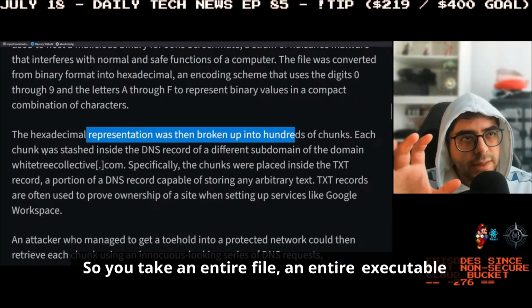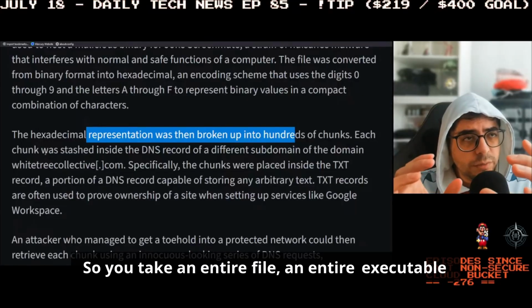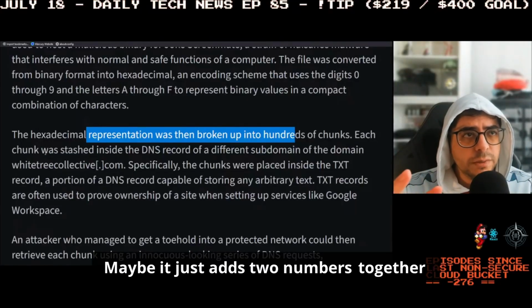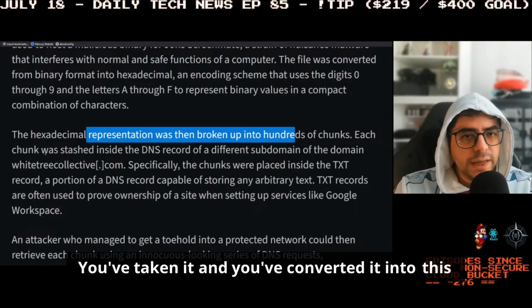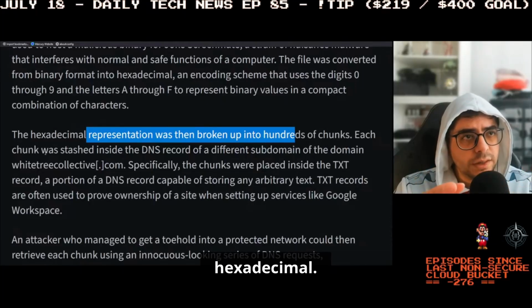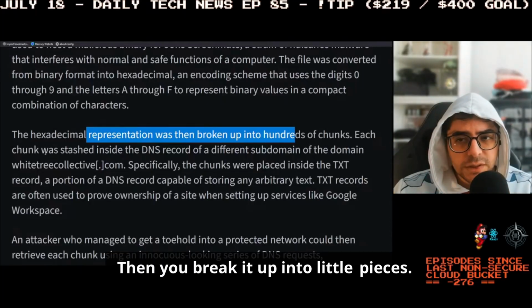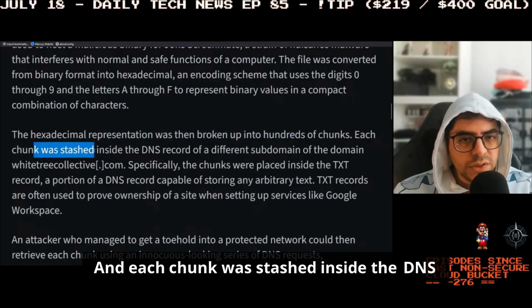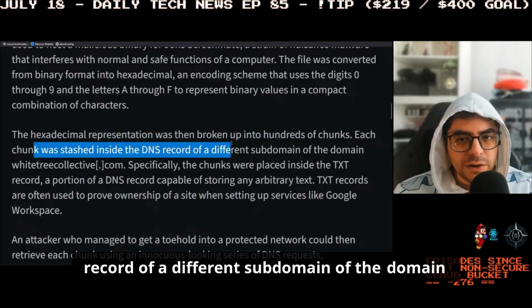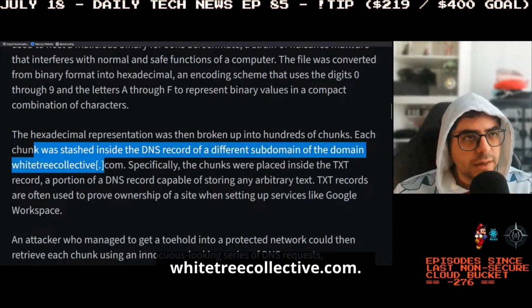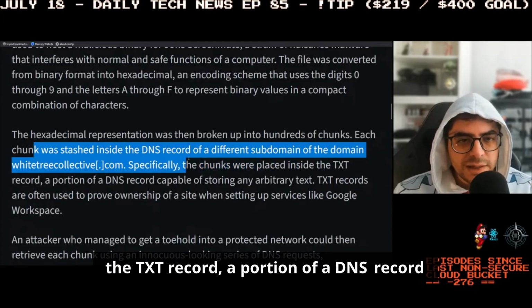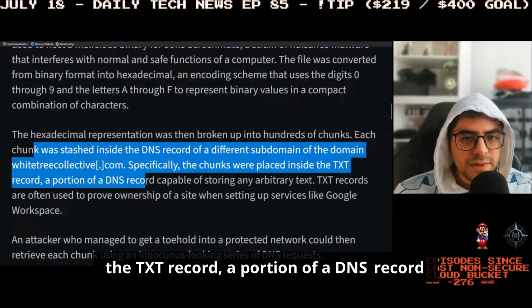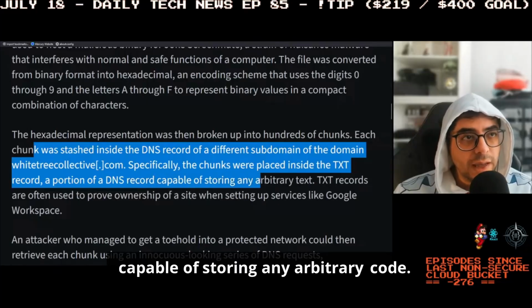So you take an entire file, an entire executable that's meant to do anything. Maybe it just adds two numbers together and gives you the outcome, whatever it is. You've taken it and converted it into this hexadecimal. Then you break it up into little pieces, and each chunk was stashed inside the DNS record of a different subdomain of the domain whitetreecollective.com. Specifically, the chunks were placed inside the TXT record, a portion of a DNS record capable of storing any